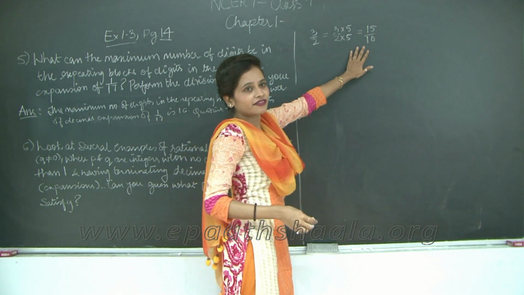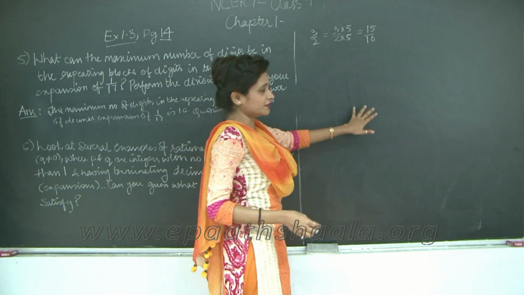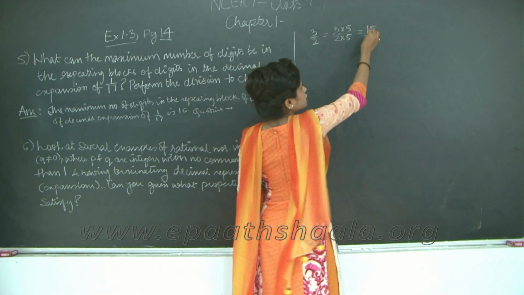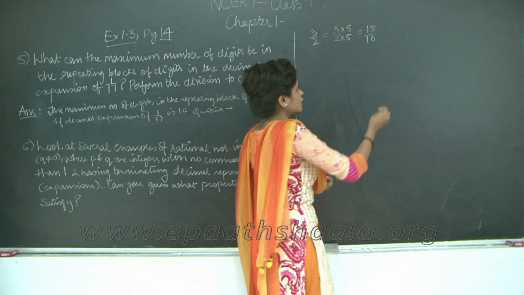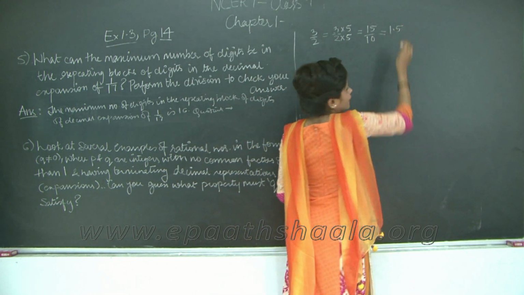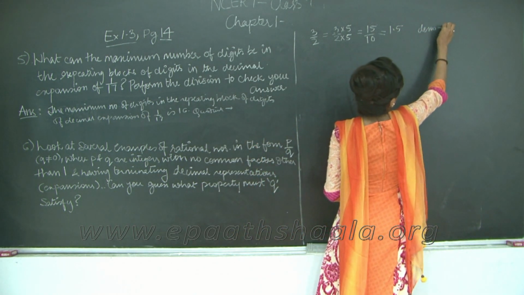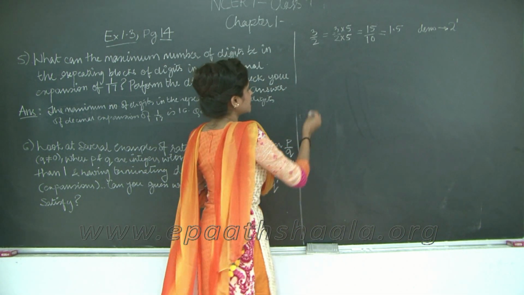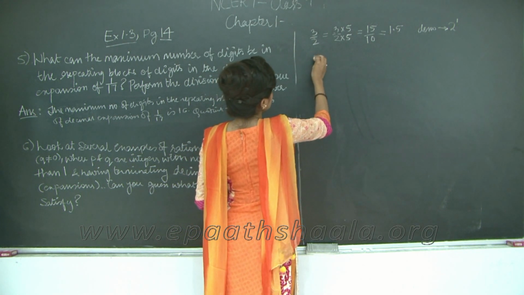Now, see, finding the value of this is much more simple as compared to going through the entire process of division. Okay. So, I have 1 0 in my denominator after 1. Therefore, I will go back from my right hand side to the left hand side and place the decimal point between them. This is equal to 1.5, right. So, my denominator here was 2 raised to the power of 1, right. Let us take another example. I will take 1 upon